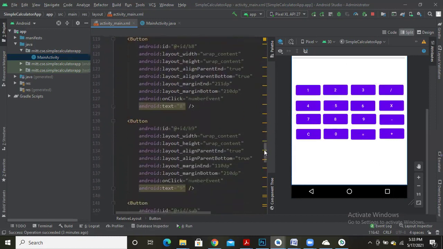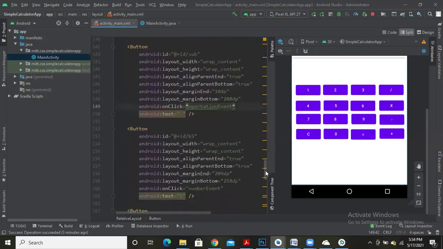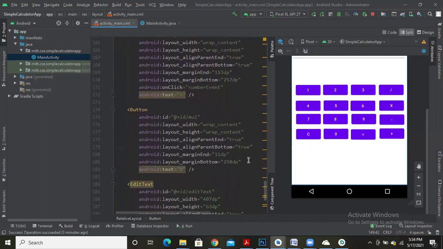Then subtraction. For the subtraction operator, let me add this operationEvent. Multiplication. Even for multiplication, let me add this operationEvent. So for basic operators like plus, minus, multiplication, and division, we have added the onClick property.